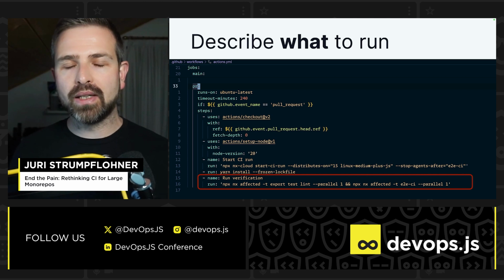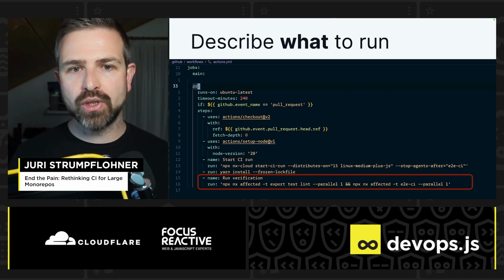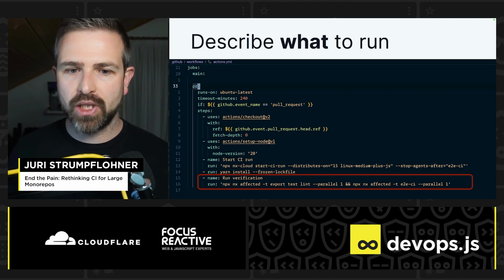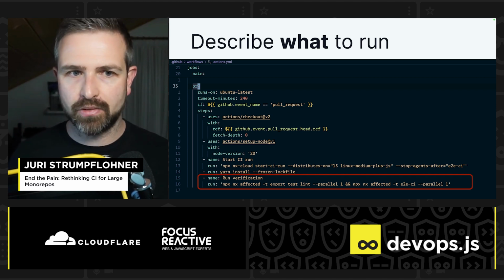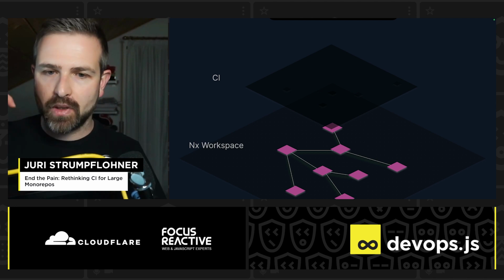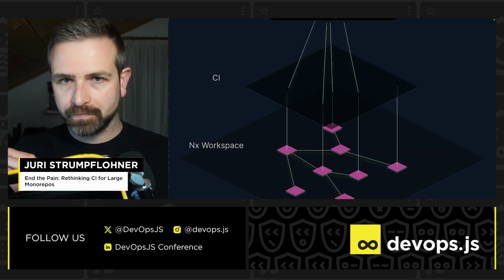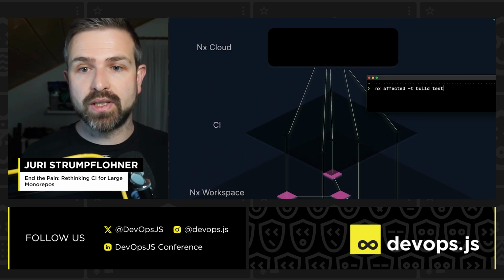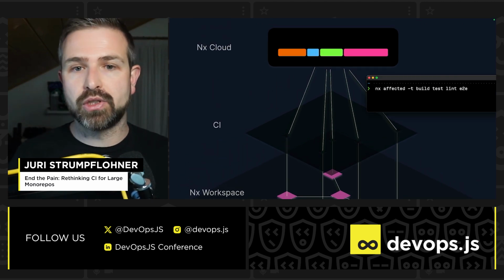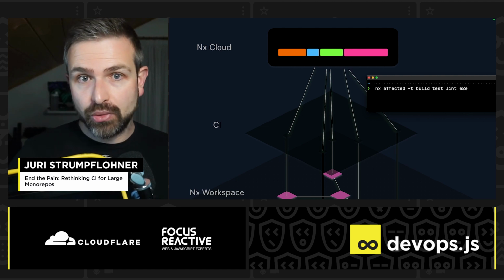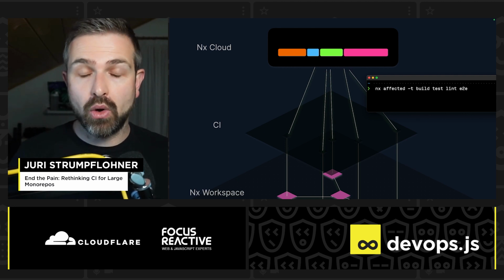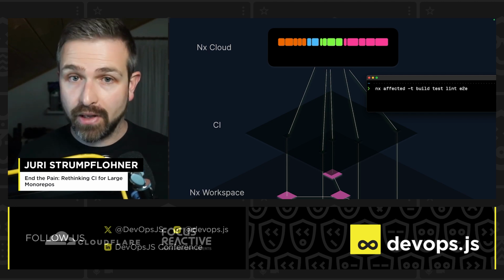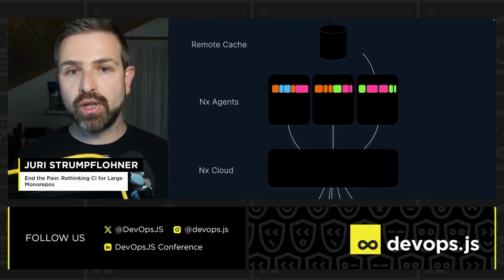And then you run the actual commands. And so here you can see how you describe what to run and not how. So we just simply say, enable distribution, so many machines, these are the commands. That's it, right? And so what happens is the project graph information is being leveraged, and that is available on CI. You trigger that script as we have just seen, where you run the affected build with the distribution on. That is being passed to a coordinator machine, which is on the NX Cloud infrastructure, which then takes those tasks and tries to split them up into more fine-grained tasks,